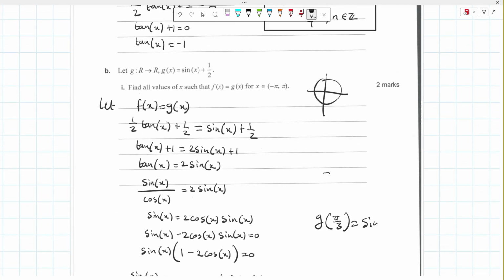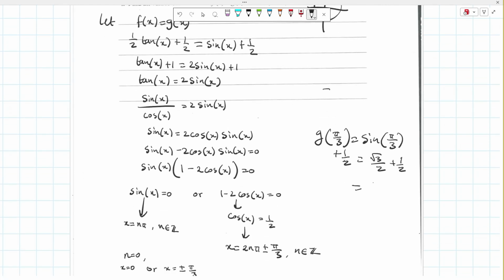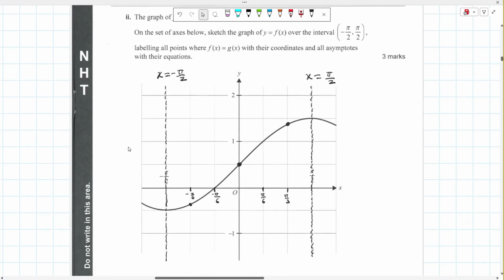So we get sine of pi on 3 plus a half. Sine of pi on 3 is just root 3 on 2 plus a half. So we get root 3 plus 1 on 2. Okay, and our graph is going to look something like